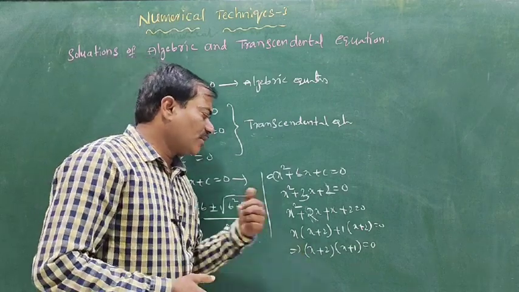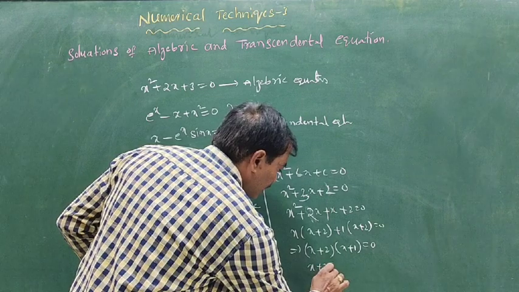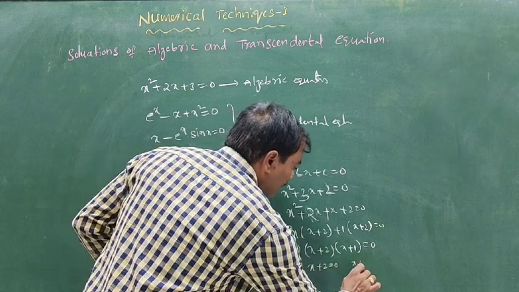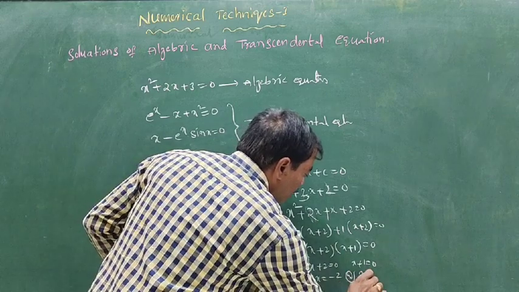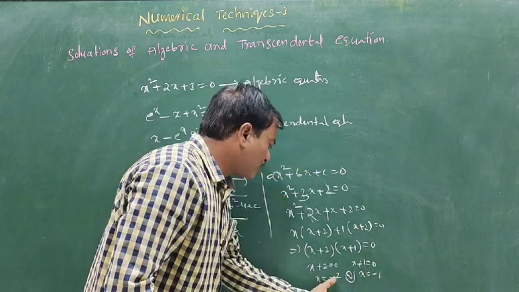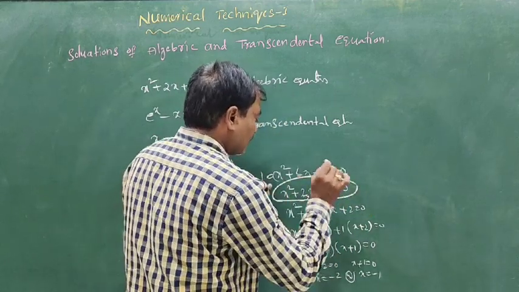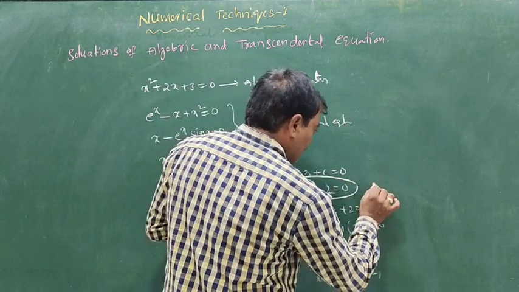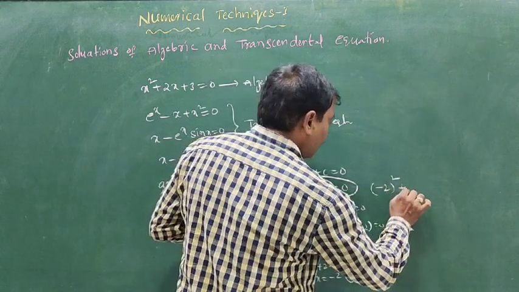Actually, what is the meaning of the root? x plus 2 equal to 0 or x plus 1 equal to 0, so x equal to minus 2 or x equal to minus 1. If we substitute x equal to minus 2 in the given equation, what happens here? Minus 2 whole square plus 3 of minus 2